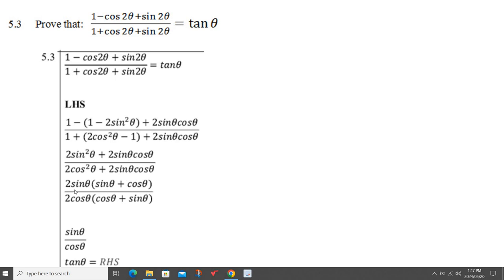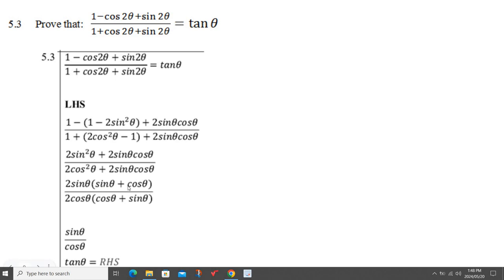So you just pull out 2 sine theta that goes into both and write sine theta and cos theta here. See, 2 sine times sine is 2 sine squared, 2 sine times cos is 2 sine cos. And here we pull out 2 cos theta. And we get cos theta plus sine theta. And oh, look at that, those guys cancel. Those guys cancel, and we're just left with